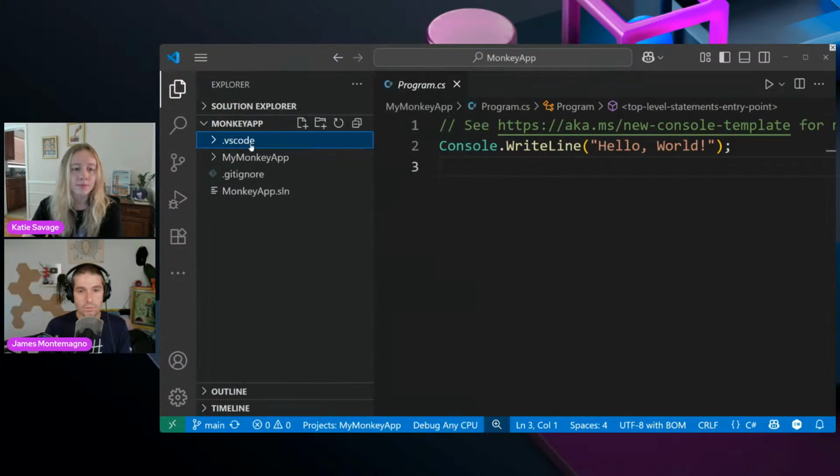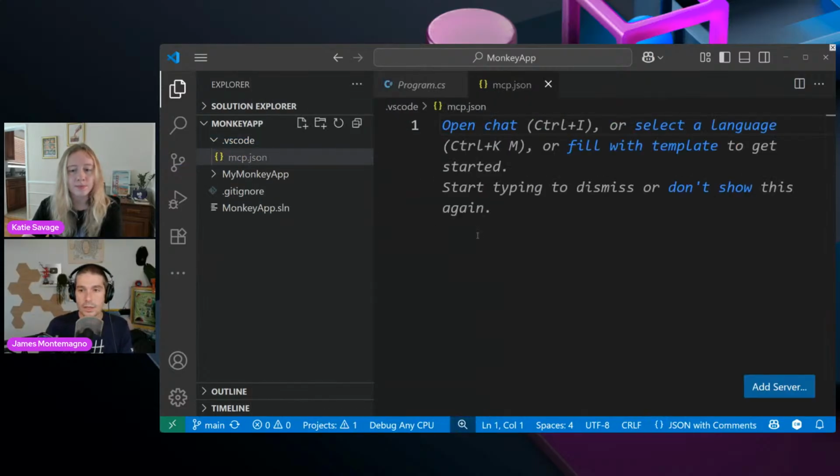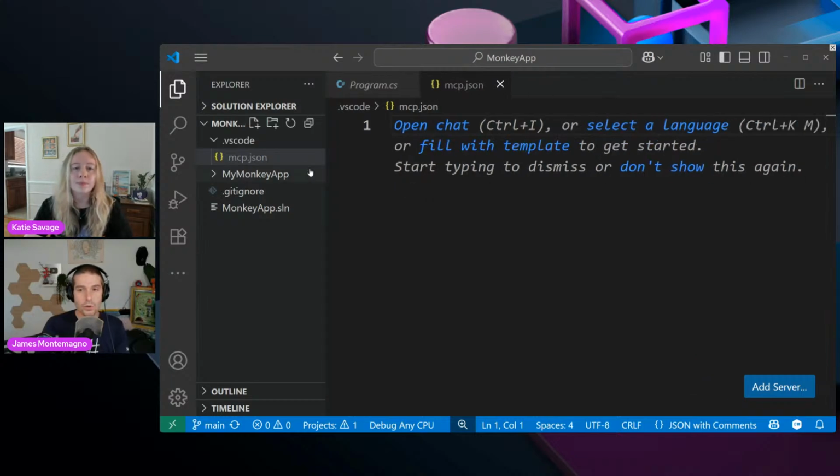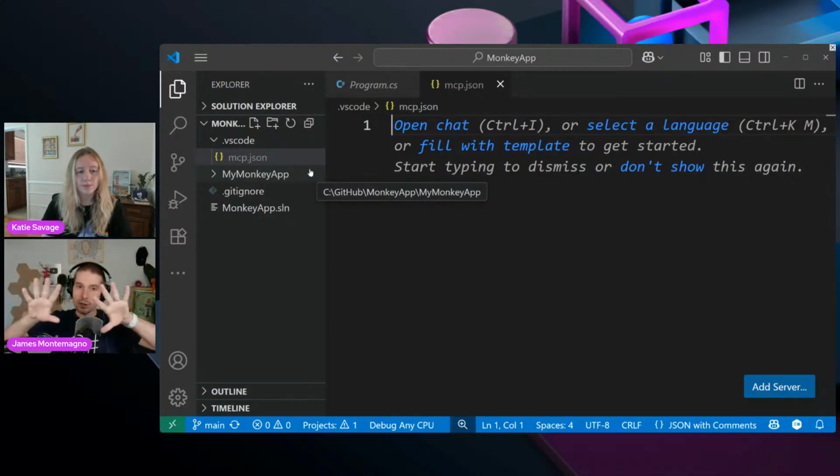And then I'm going to create a new file and call it mcp.json. Now, this is going to create something shareable. You can, of course, ignore this if you wanted to, but you can share this with your teams, MCPs that are shared everywhere, or you could git ignore it, for example, or check it into source control.